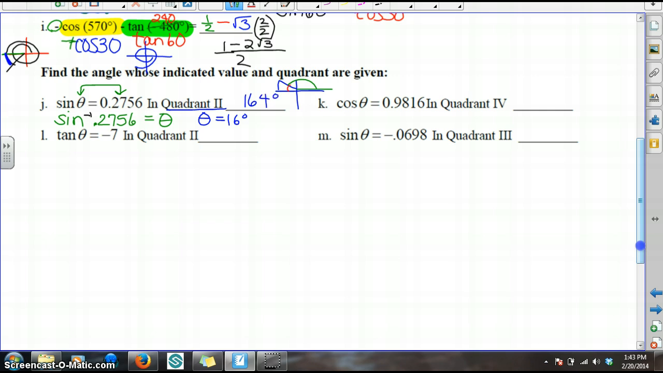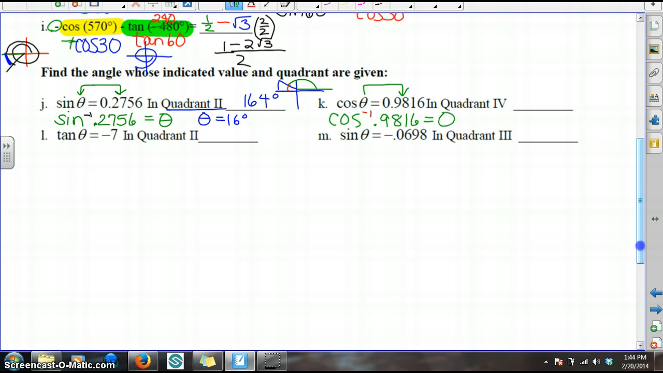That means that if I were to take the sine of 164 degrees, which is a second quadrant angle, I would get 0.2756. Let's try another. The first thing that I want to do is write this as an inverse function. I'll put in the inverse notation and switch the answer value